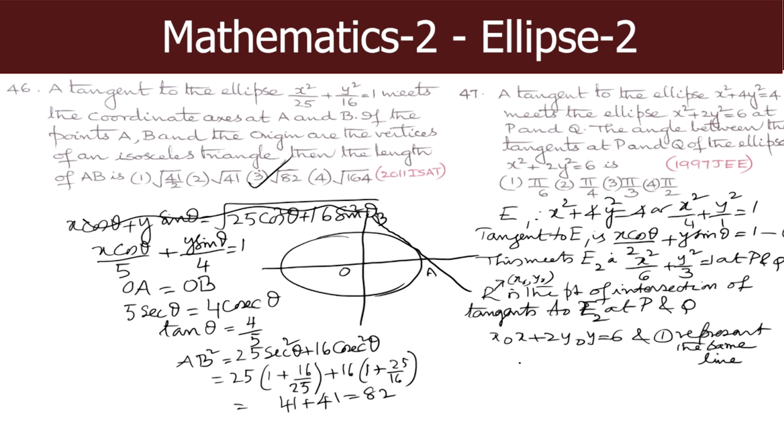Which means x naught by 6 is equal to cos theta by 2,